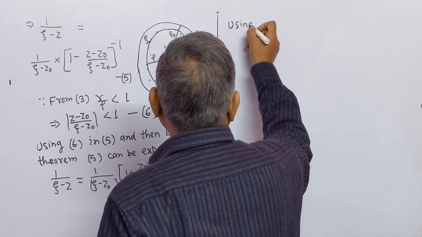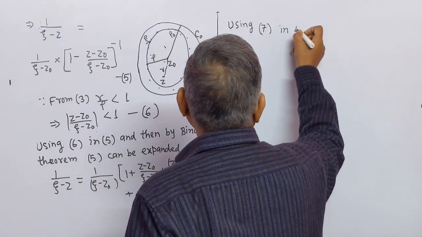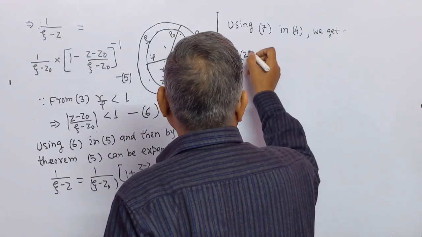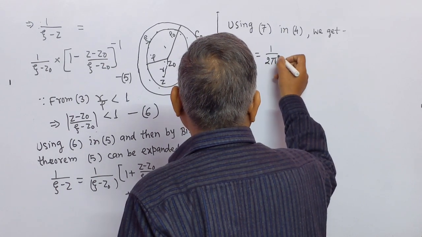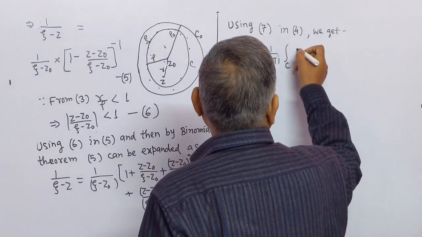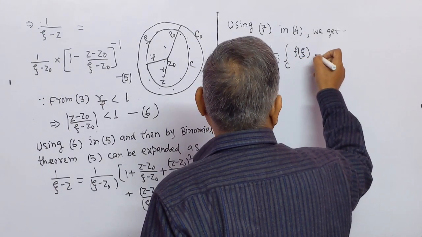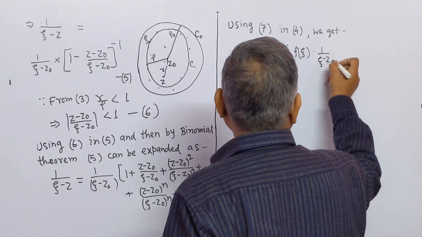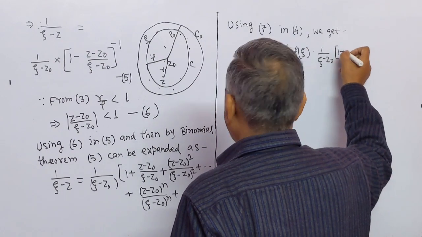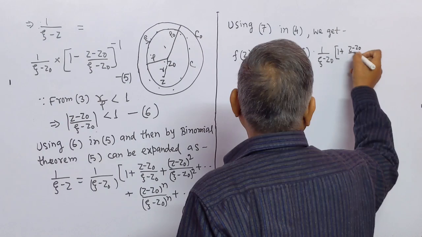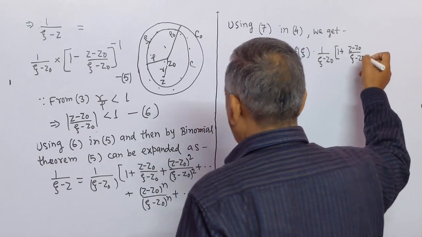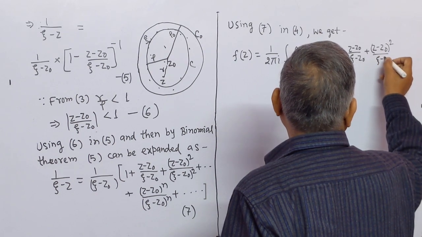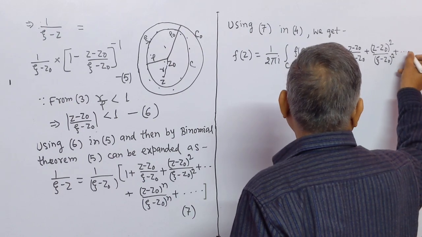Using 7 in 4, we get f(z) = 1/(2πi) ∫ along the circle C of f(ξ) multiplied by 1/(ξ − z₀) times [1 + (z − z₀)/(ξ − z₀) + (z − z₀)²/(ξ − z₀)² + ... +